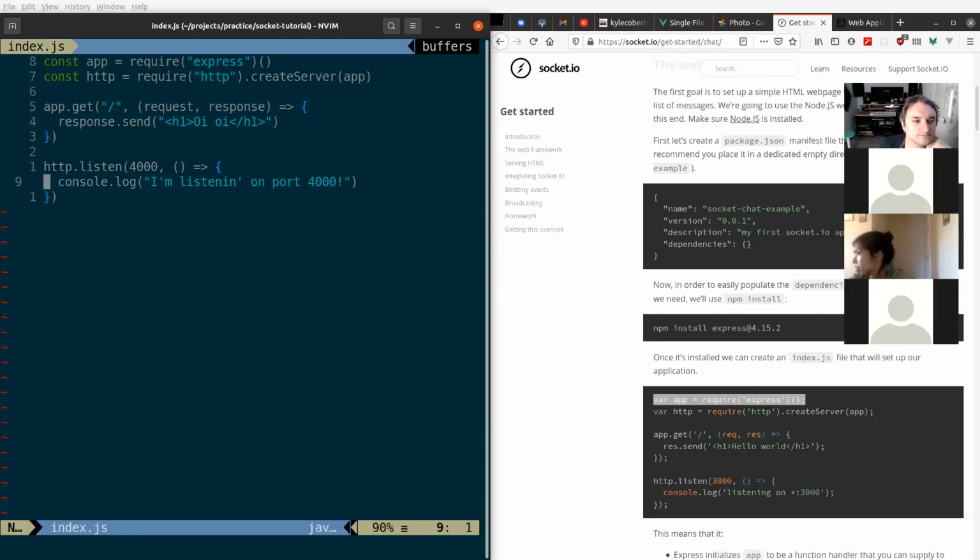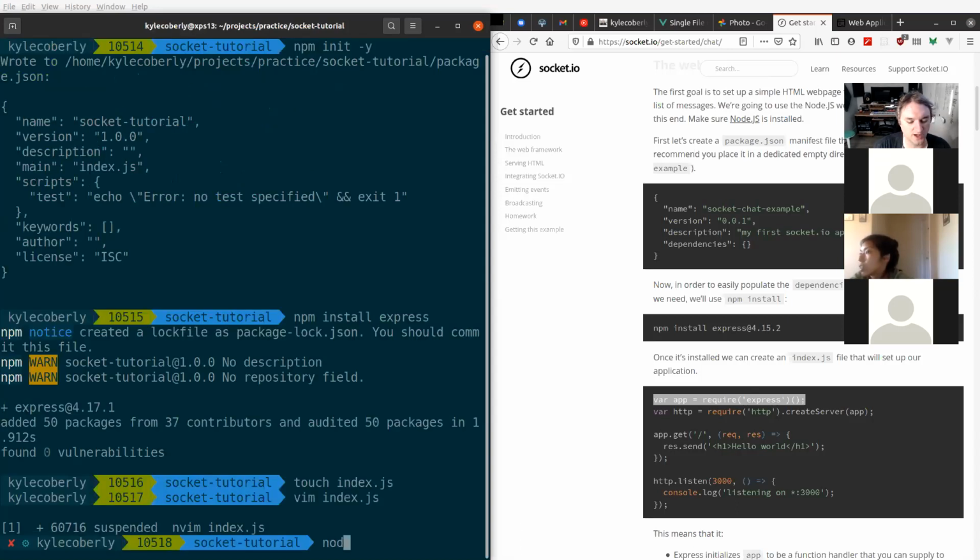What was the reason for the exclamation mark in front of node? Because I haven't left Vim. So that's how you say, I want you to run a shell command. Oh, okay. Yeah, if I'm doing it on the terminal,